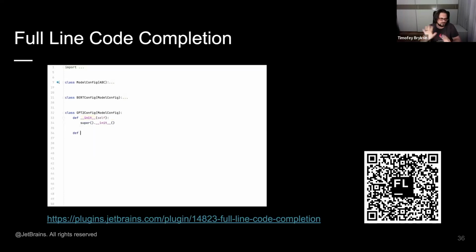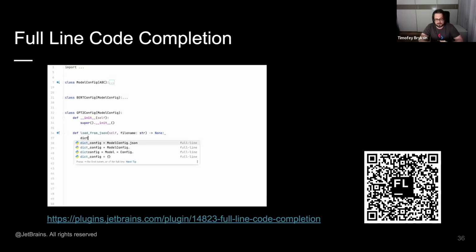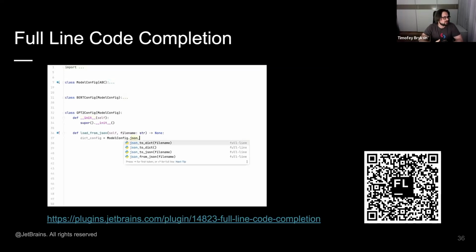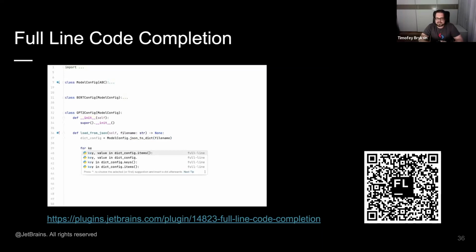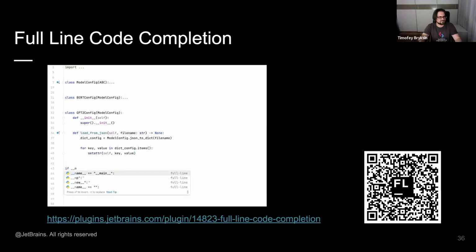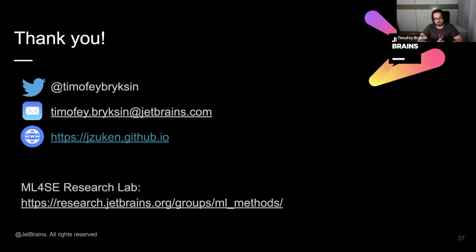It's a very early stage prototype, so we are looking for feedback. If you're interested, you can go and try it. I hope it will be released later this year, maybe sometime in summer, but again, this is speculation. Don't listen to me. If you're interested, go and use it. It works for several languages. And with that, I'm finally done.